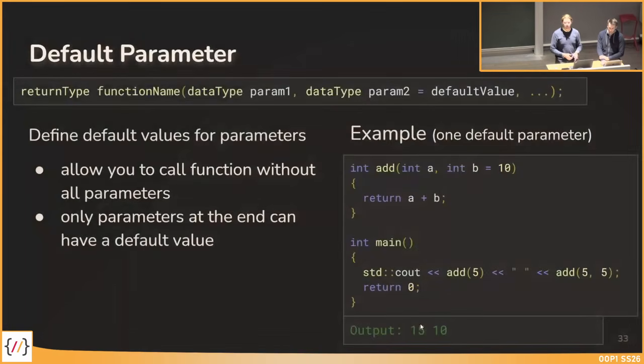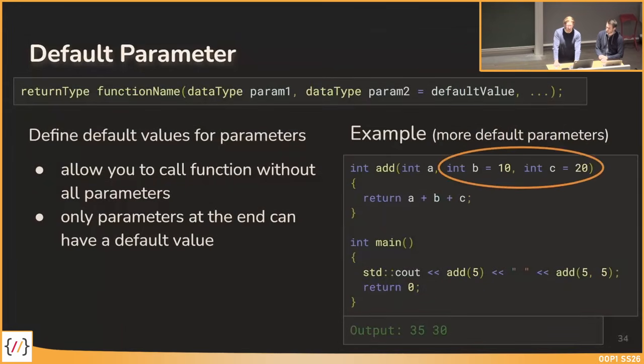So quite helpful. Of course, we can not only have one default parameter, but we can also have multiple, in this case 2 default parameters. We can also have 10 of them, and yeah, they all follow the same principle. We can pass them if we want to, but we don't have to, and the function will just take the default value. And as we can see on here, we can also just pass a few values for the default parameters. So in this case, we pass a value for a, and for the default parameter p, this is overwritten with the value 5, but c stays